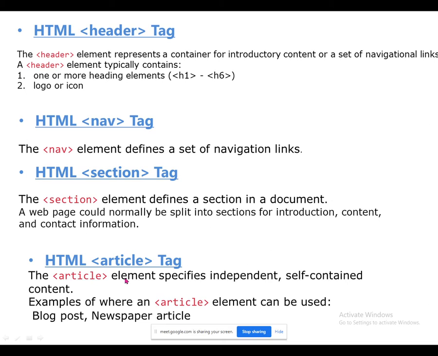The article element specifies independent, self-contained content. So you can use the article element anywhere in your web page under the section tag, or separately also. So these four tags are clear here: header tag, nav tag, section tag, and article tag.